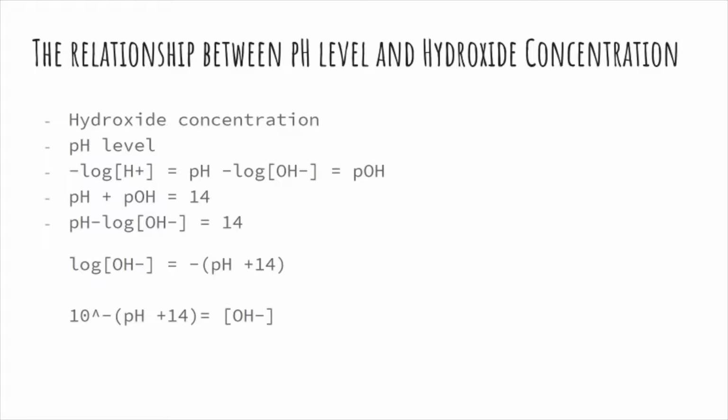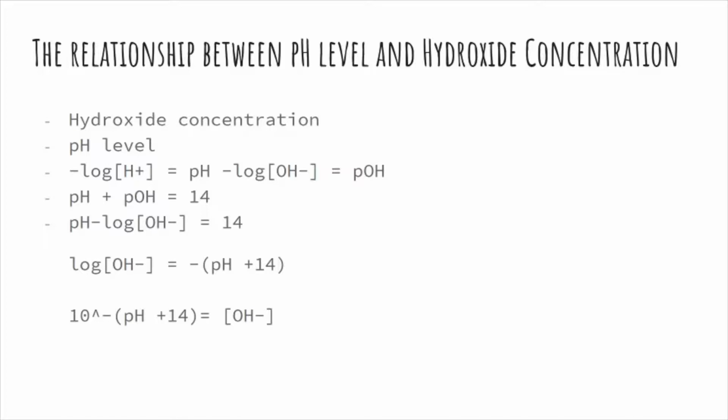The first one is: negative log of the concentration of hydrogen ions in a solution equals the pH, and negative log of the concentration of hydroxide ions equals pOH. The second one is pH plus pOH equals 14. Fun fact, P in mathematics is used to represent negative log of something. So it makes sense that the pH is the negative log of